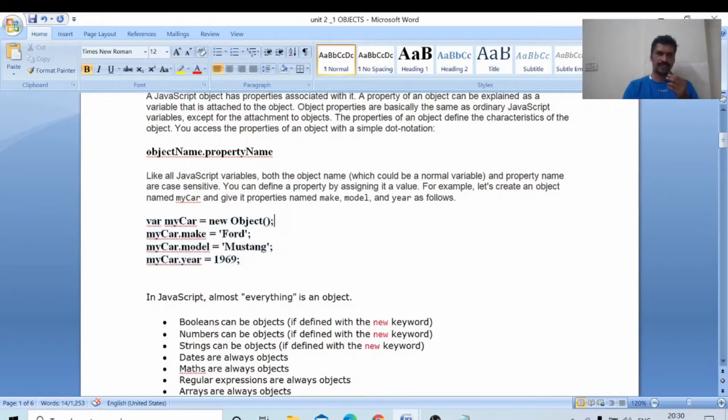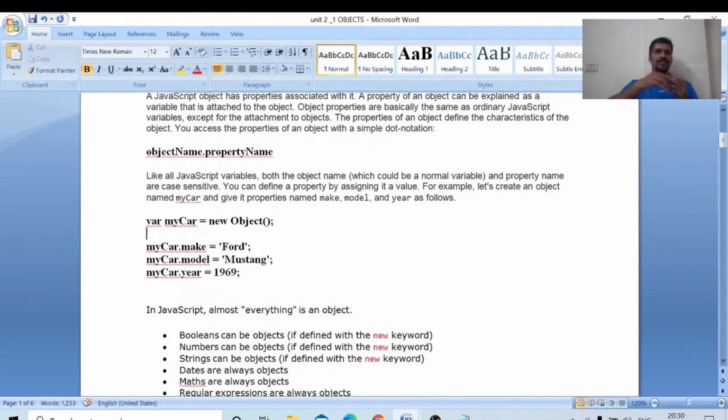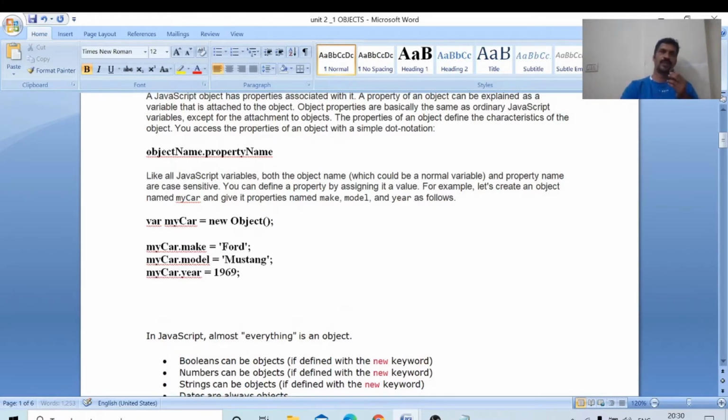New objects can be created using this statement. There is also another method for creating objects. One way to create an object is var myCar = new Object. myCar is an object of the type Object. myCar has these properties: make, model, year.